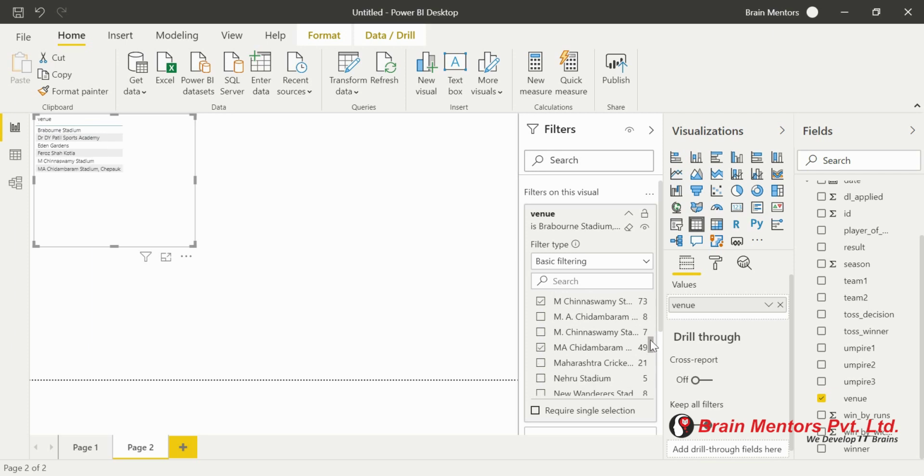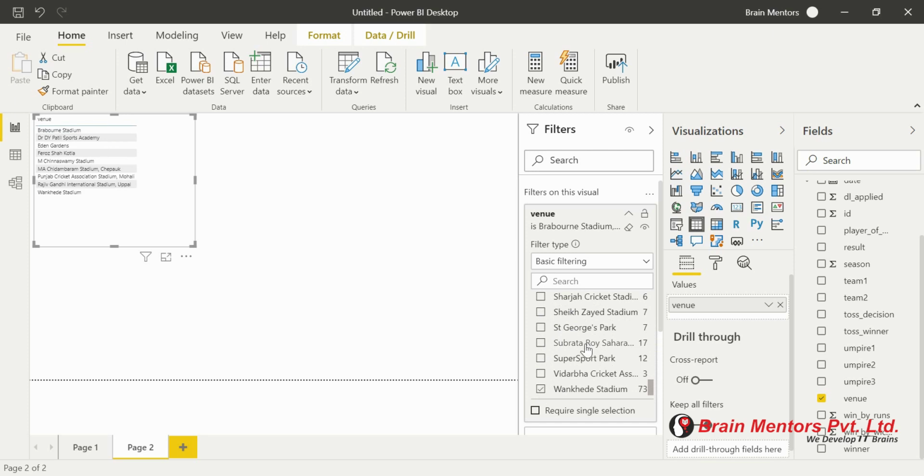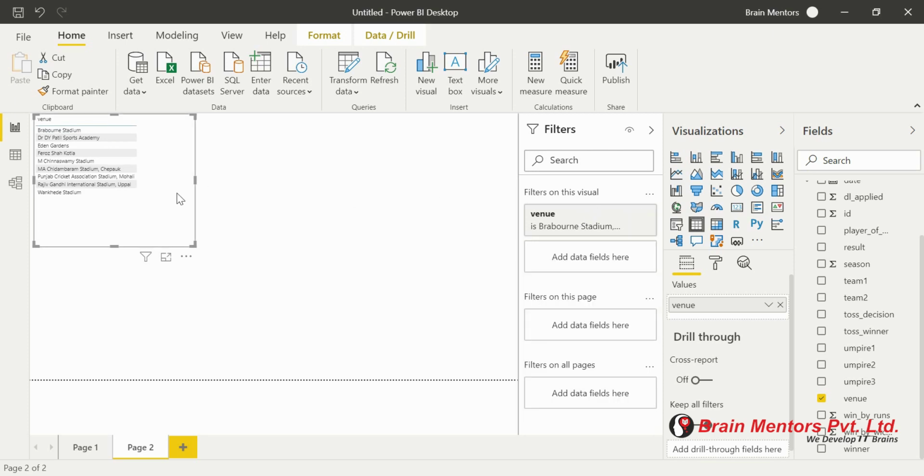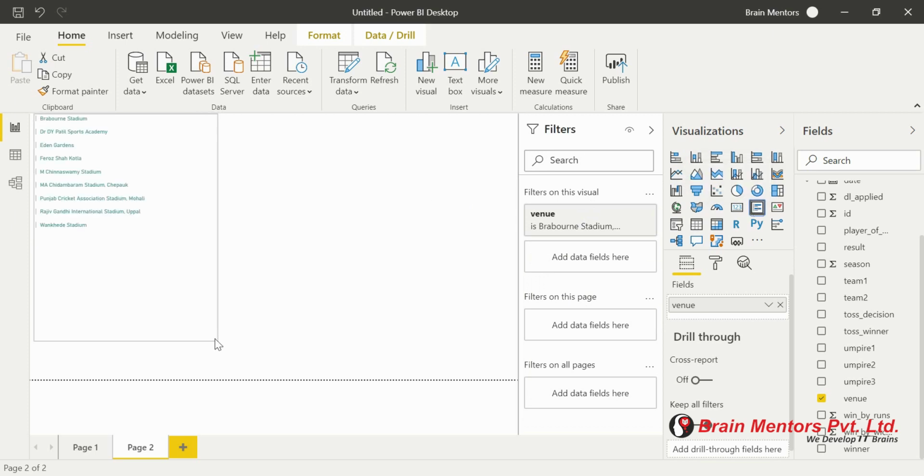Now after this we can select a few of the columns, like I have picked Rajiv Gandhi Stadium, Punjab Cricket Association, these are the stadiums that I have picked. But the problem is that it is not showing you the values on the particular table. If I convert it into a multi-row card, then it will look like this, but still values are not available. Like how many matches are played at what stadium? To understand this thing, I'll first create some other chart so that I can see the values. So let's go to this clustered column chart.